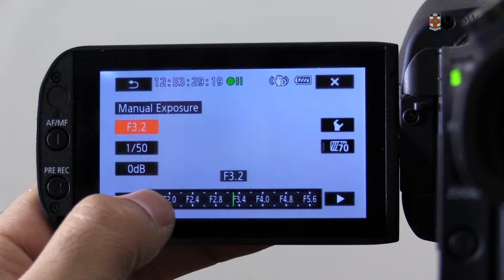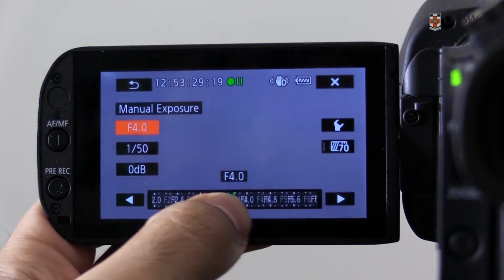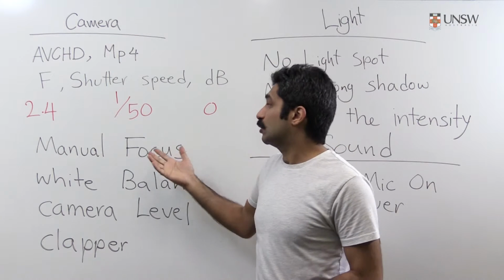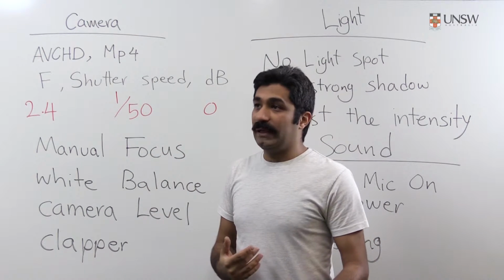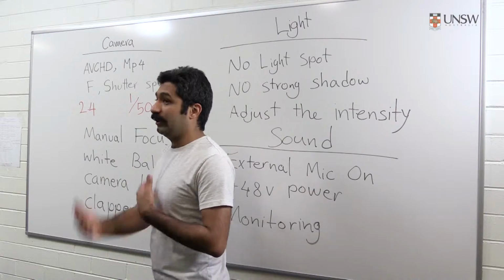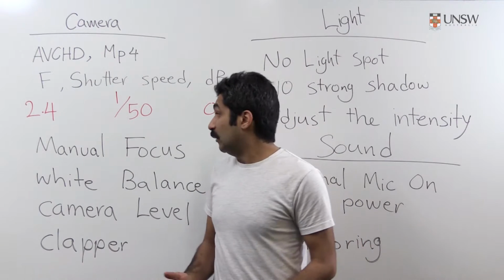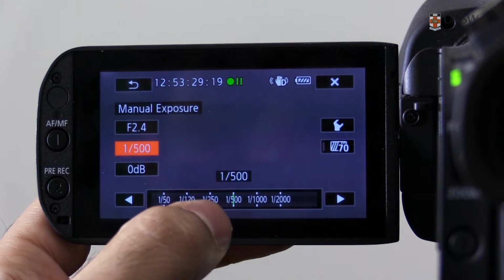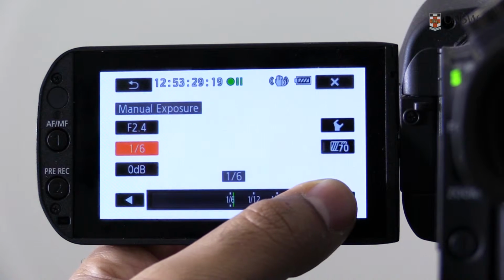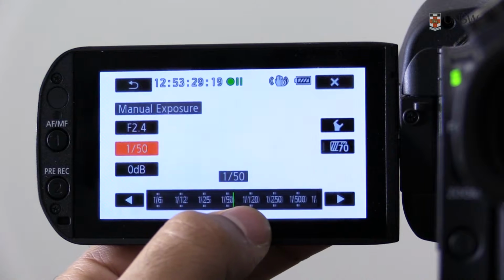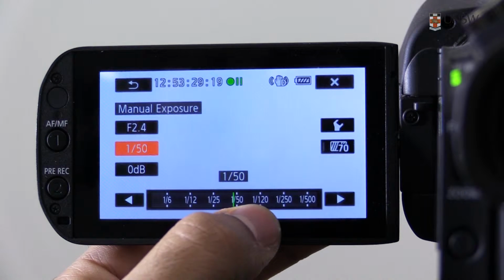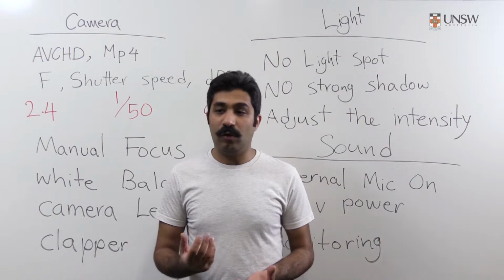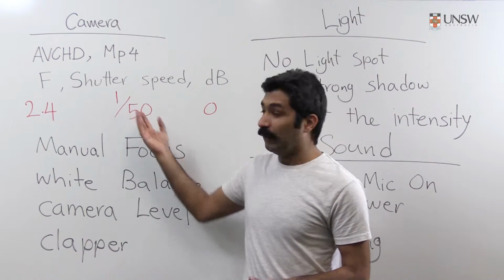The next thing is shutter speed. You don't want to go with a small number of shutter speed, or in other words, a longer shutter speed. 50 is the recommended shutter speed. If you are in a very dark atmosphere and you open the aperture and you still need more light, you can bring down the shutter speed to a smaller number, like 40